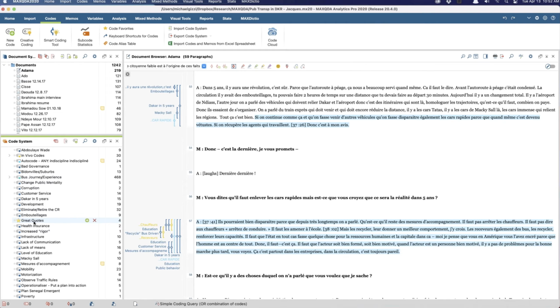Notice for quotables, she didn't use the icon, the highlighter pen, because she used those for something else. But she created a code called Great Quotes, and she used the emoticon with a star, and then renamed it, and then just moved that. At which point, we can do that in our own project.